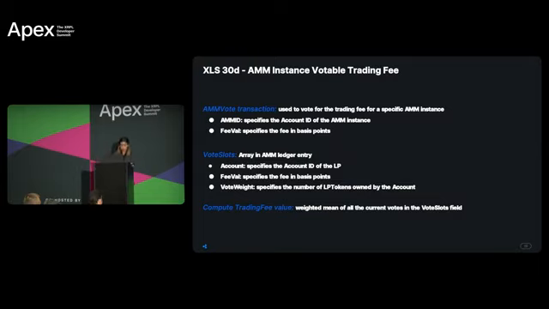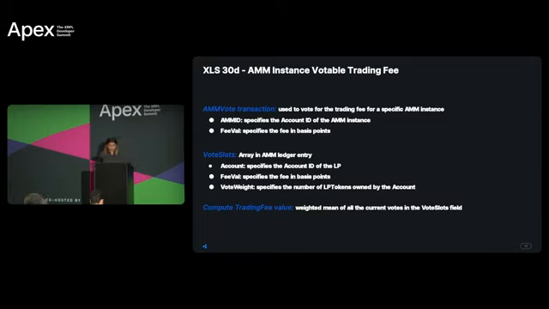And we introduced this new object field, vote slots, that keeps track of up to 8 active votes in the AMM object. And it's for bookkeeping again. It contains the account field, which specifies the account ID of the LP who cast the vote, then fee value, the value of the trading fee, and the vote weight, which specifies the number of LP tokens that are owned by the account that cast the vote. And this is important because the trading fee is computed as a weighted mean of all the current votes in